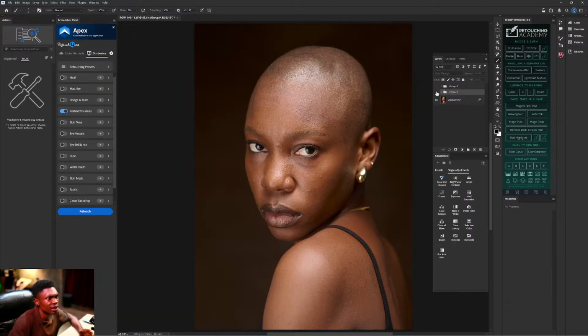You see before and after. And this will not do any form of frequency separation. So now like this, this dodge and burn retouching is working. We haven't finished it o. Now let me add one of the dodge and burns from the previous dodge and burns we have done. You see how it has come out, right?